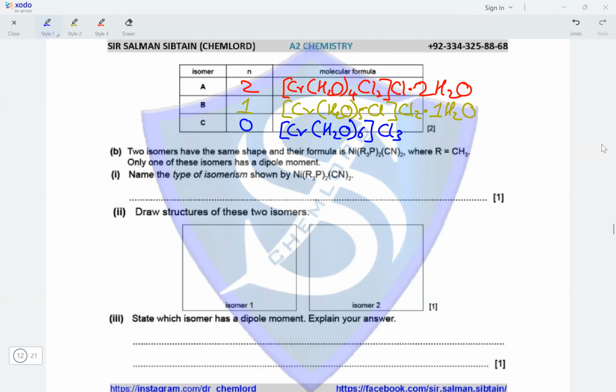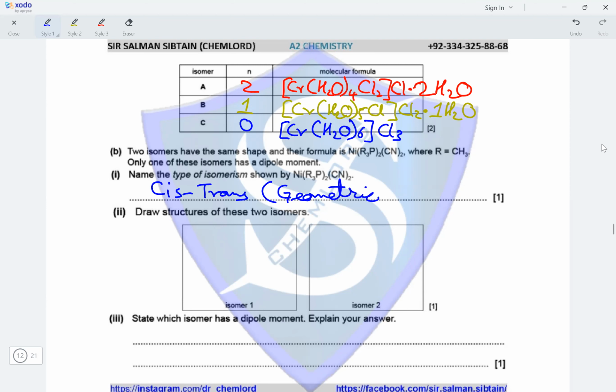Two isomers have the same shape and their formula is Ni(R3P)2(CN)2, where R is equal to CH3. Only one of these isomers has a dipole moment. Name the type of isomerism shown by Ni(R3P)2(CN)2. So we've got four monodentate ligands attached to the central transition metal ion forming isomers. So the type of isomerism shown would be cis-trans or geometric,